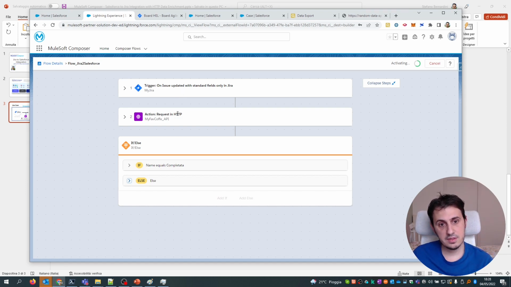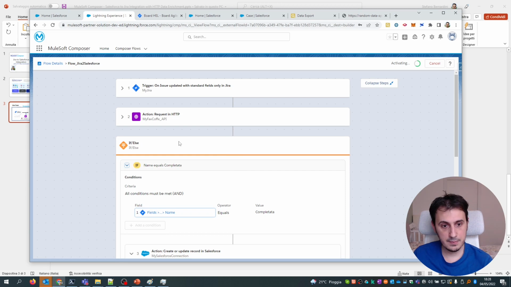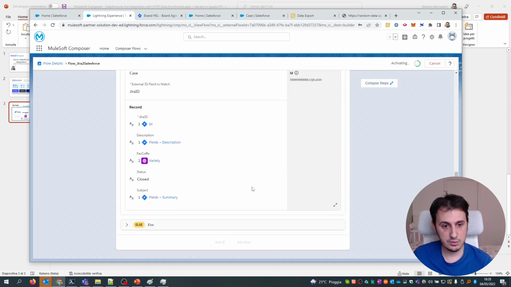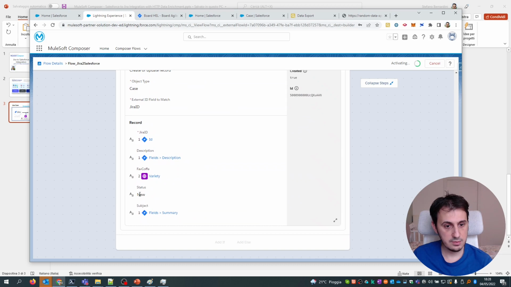Then we call this HTTP connector. This use case is a little bit strange, but it's just for trying this new connector. Then we see how to use if-then-else in the flow. So if completata, I will use the closed status, otherwise I will use the new status. And in the middle we also set the fav coffee value.